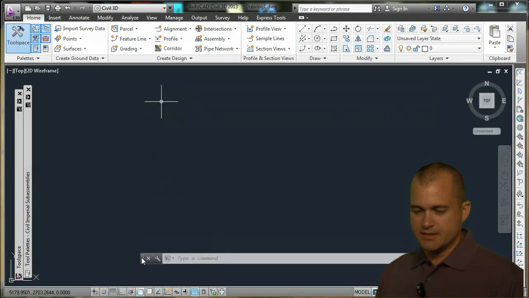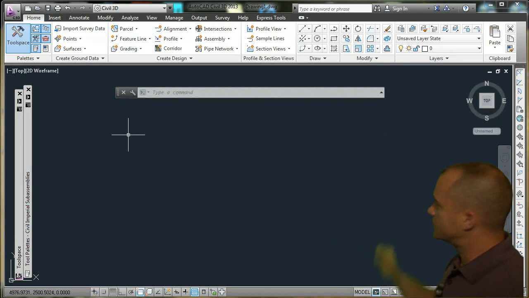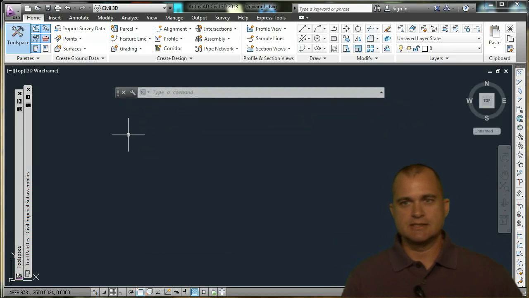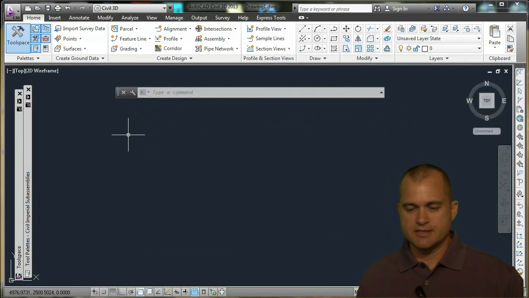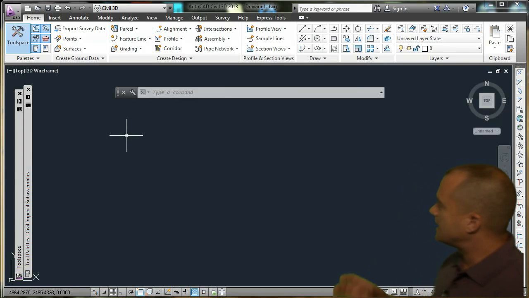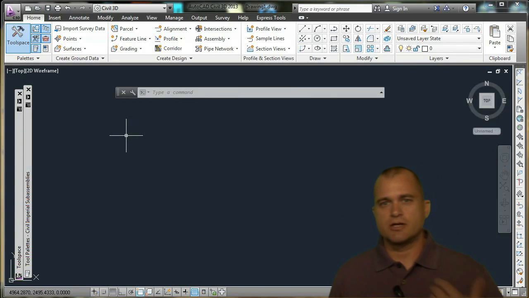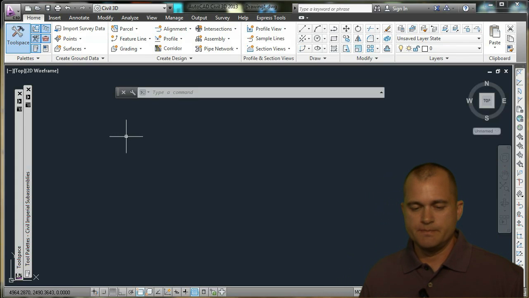To start with, you'll see there are a few changes from AutoCAD in the past. As you see, my command line now is one single bar that I can move around and dock. I could move it around before, but this is a nice little enhancement, a new feature. Now, the very top, we're going to start up in the corner here like I normally do. You'll see here that you have